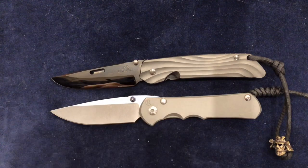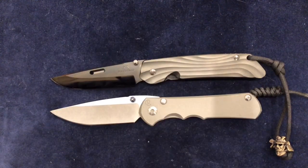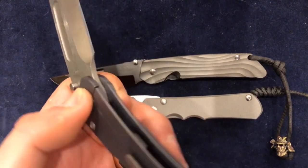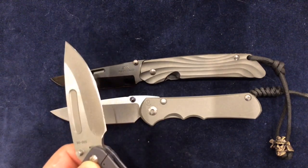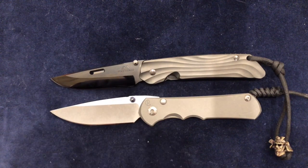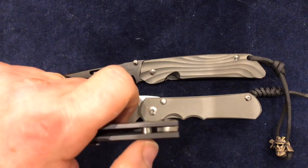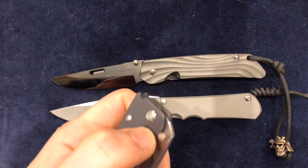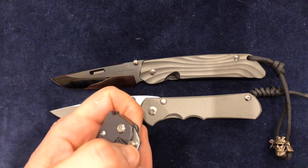The Medford, again, has a frame lock. You can see there. What's slightly different about it is that, well, let me just close it. When the knife's closed, you see these pins here. Instead of having a stop pin, that looks like it's going to be the stop pin at the back there, but it isn't. When this knife opens, now you can open it with these